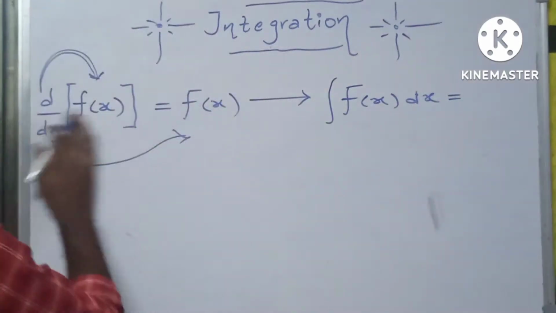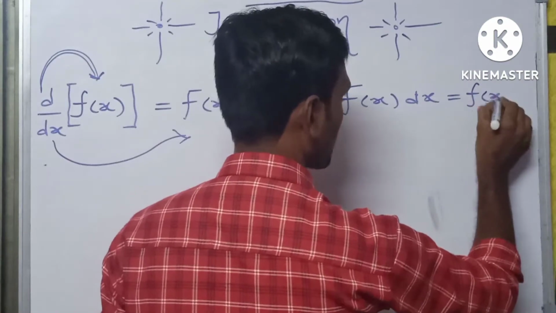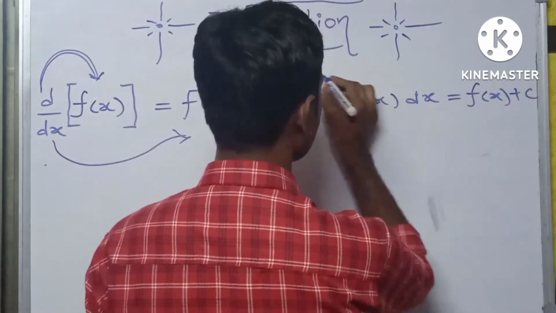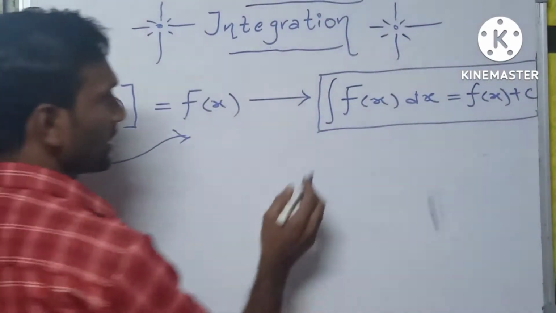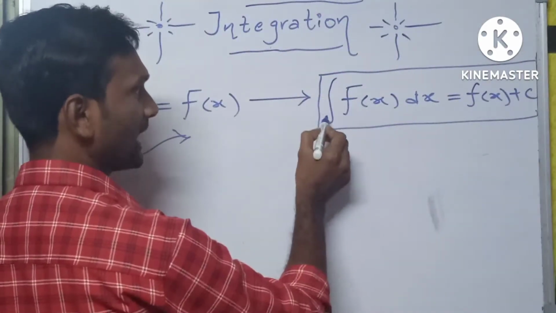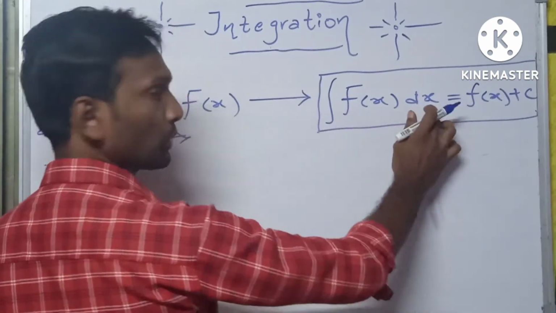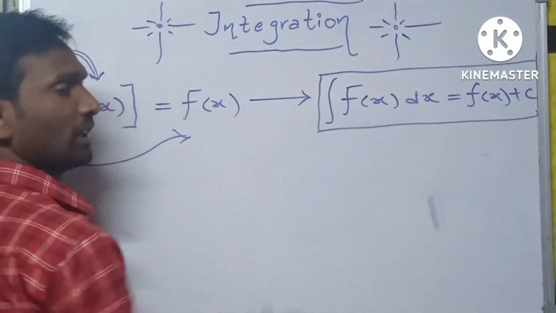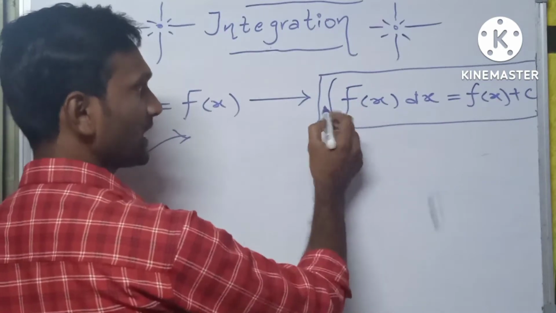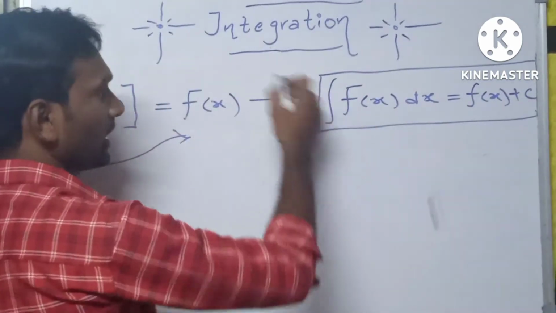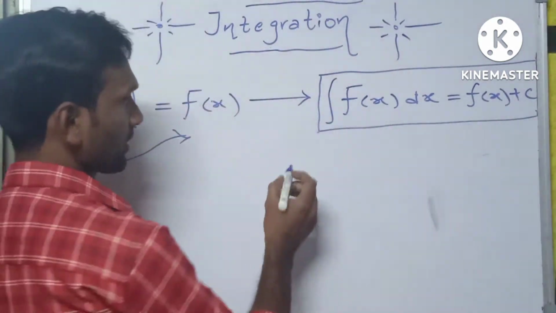dx is equals to coming to LH side where the function is f of x plus some constant c. So now read this sentence: the process to find the anti-derivative of the function capital F of x with respect to the variable x is known as integration. ఏదైనా ఒక ఫంక్షన్ క్యాపిటల్ ఎఫ్ ఆఫ్ ఎక్స్ కి మనం యాంటీ డెరివేటివ్ కనుక్కునే ప్రాసెస్ ని ఏమంటామంటే ఇంటిగ్రేషన్. So from this equation we can write like this,